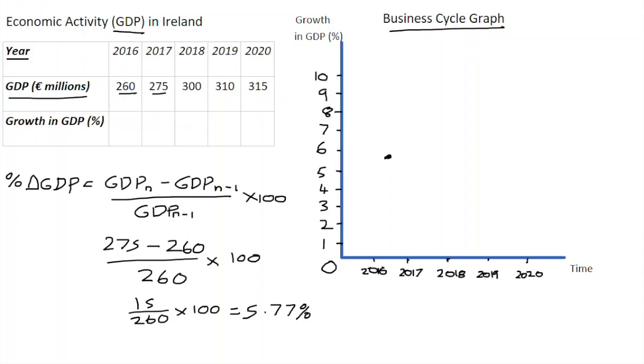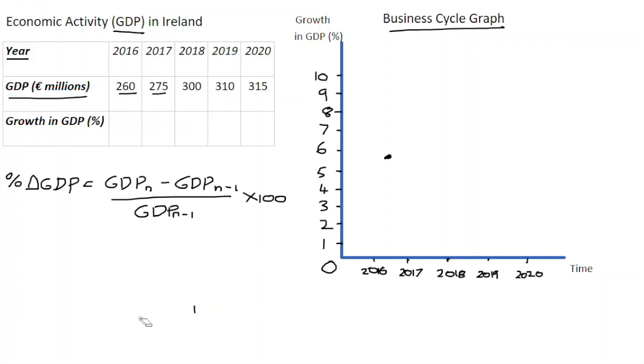Now, what we're going to do is we're going to repeat this, and we will look at it for the next two set of years. So we're going to look at the percentage change in GDP between 2017 and 2018. So that means between 300 billion and 275 billion. So in these new two updated figures, what we are going to see is current or